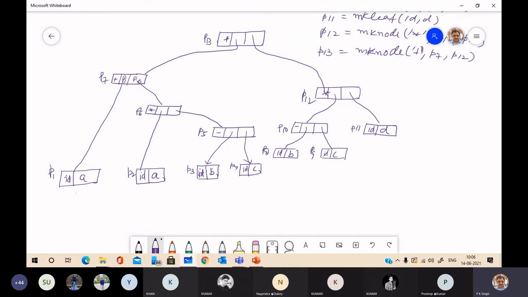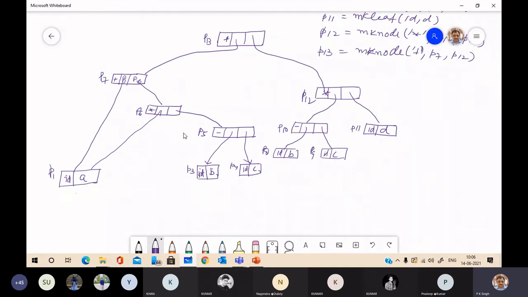Now see, we are going to remove first this A. Remove A and you can make a link to P1.